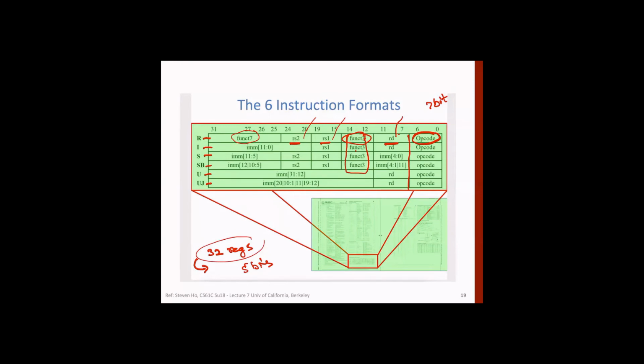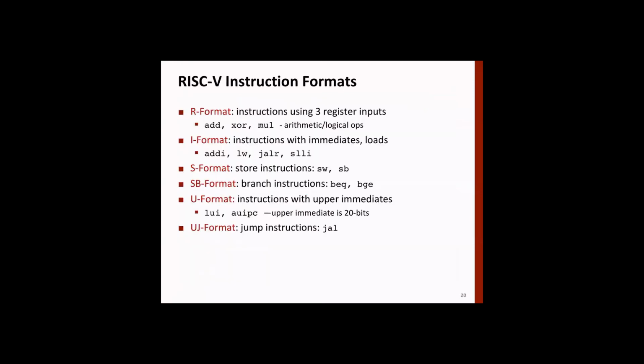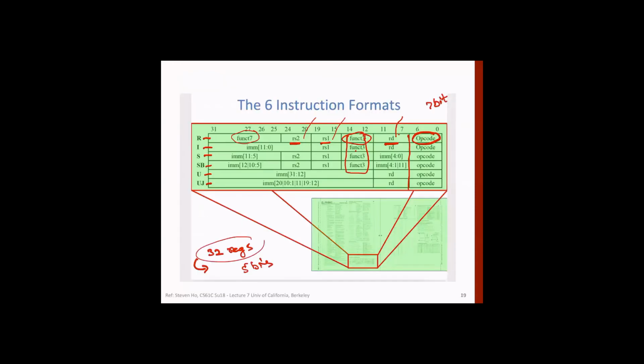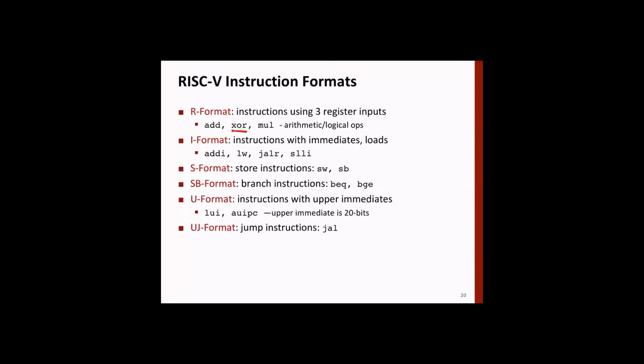Okay, so there are different kinds of formats. The R format is what we call register format. It has 3 operands which correspond to 3 registers, and instruction types are addition, multiplication, subtract, logical operations like exclusive OR, and so on. Second is the immediate type of instruction, where one of the field values, here I, is a constant. We have seen one example of that, like add immediate.